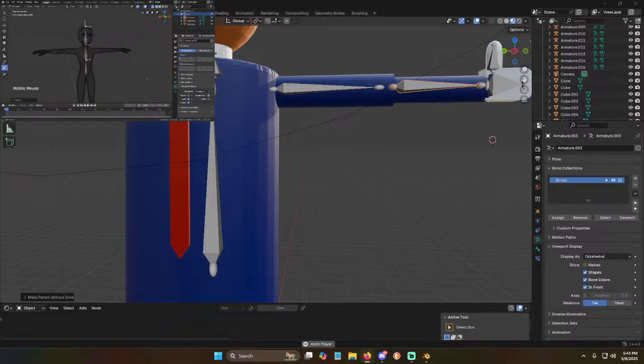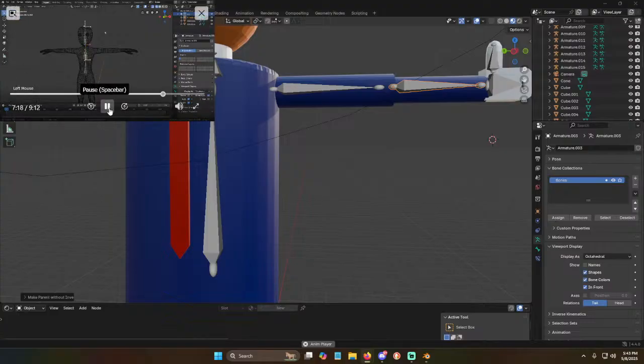Now, let's go ahead and talk about how to use these bones for animation. In order to do that, we need to understand how pose mode works. Let's go into pose mode by either selecting a